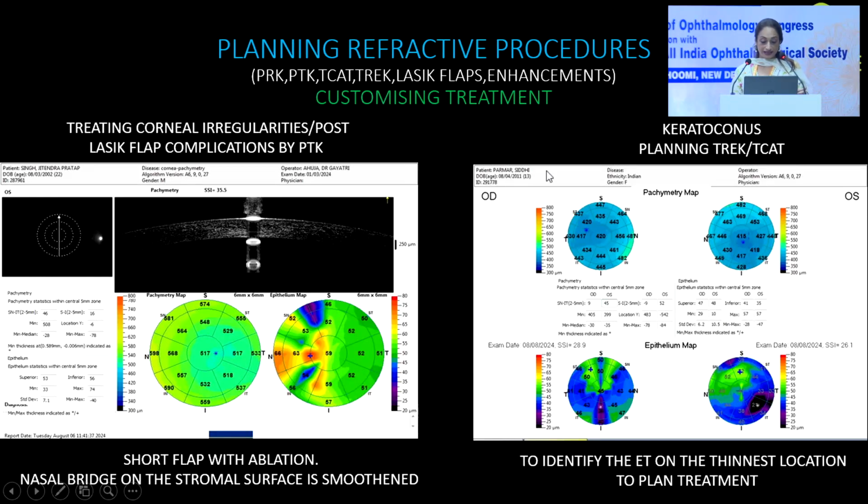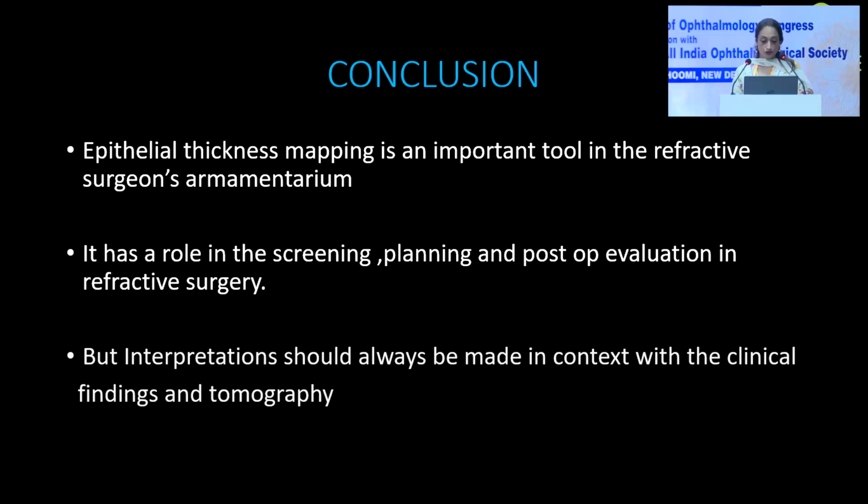And also in PTK cases, when you're trying to treat corneal irregularities or any post-LASIK flap complications which you want to smoothen out by PTK, you need to know the exact epithelial profile and the thickness in order to get optimum results. So to conclude, epithelial thickness mapping is an important tool in the refractive surgeon's armamentarium,